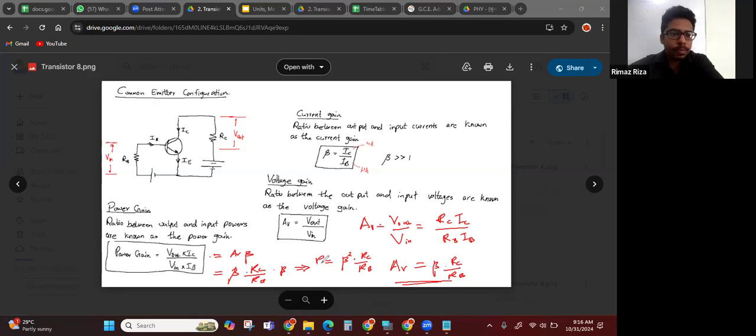Okay. And the last thing, now here you want to find whether the signal is inverted or not. So for that, as I told you,